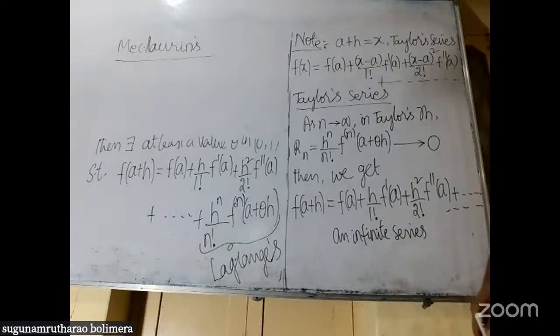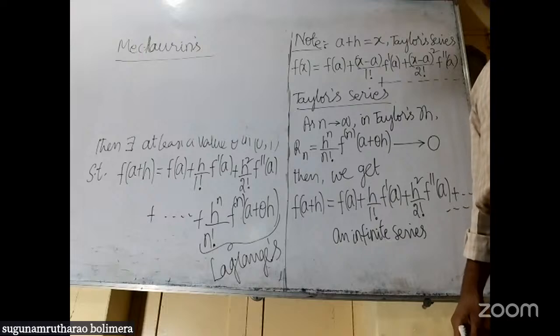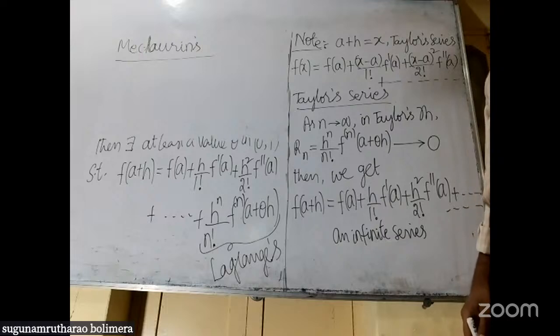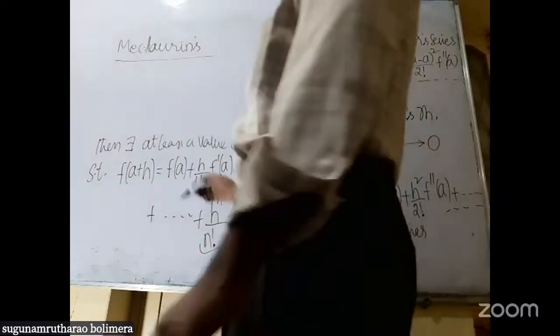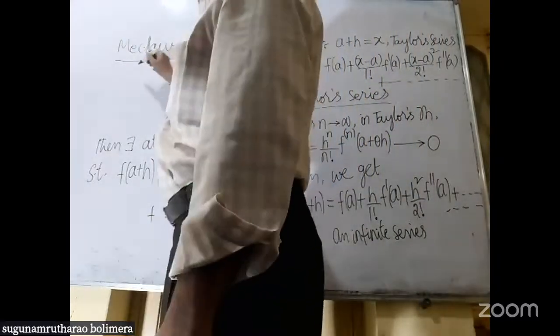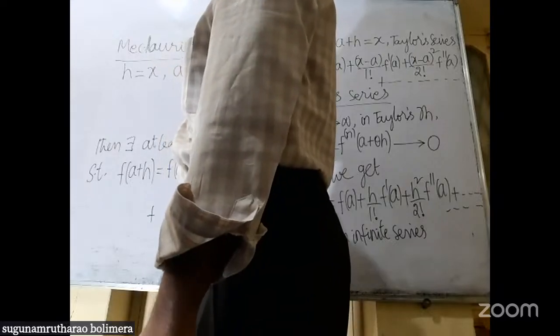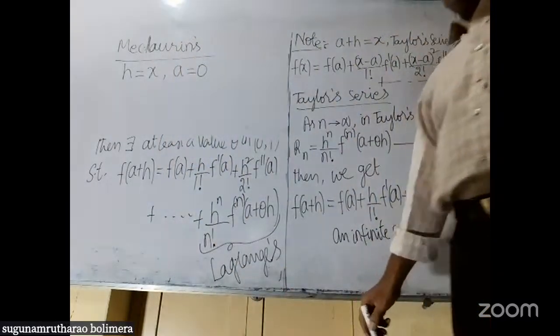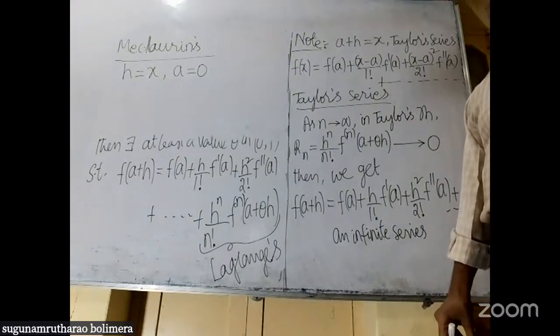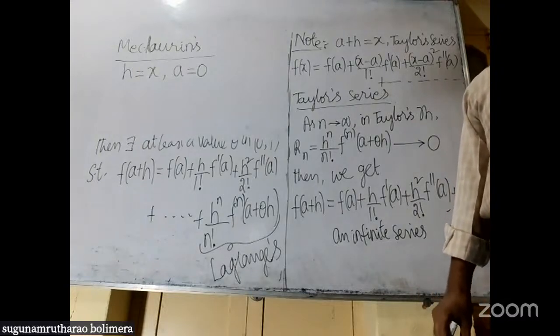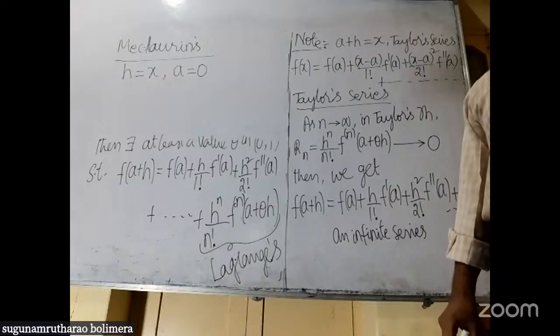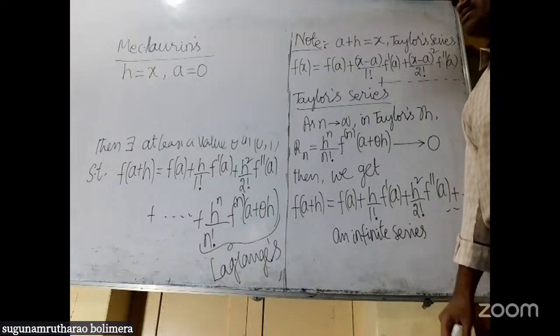In the above Taylor's theorem, taking h equals x and a equals 0, we get